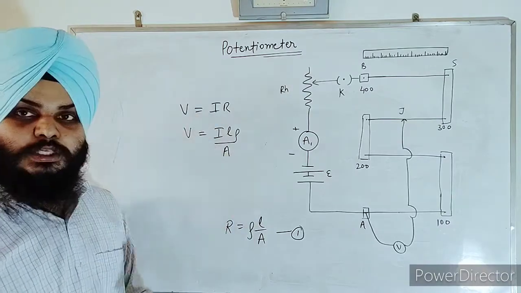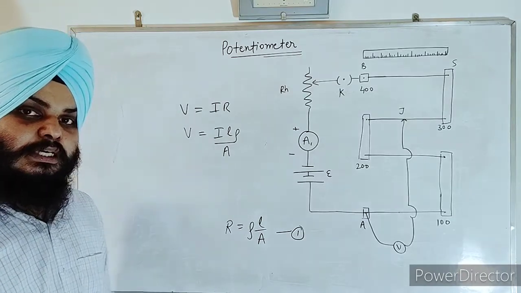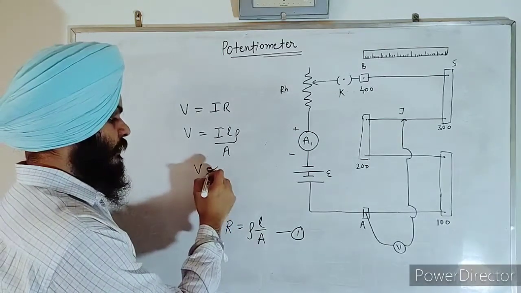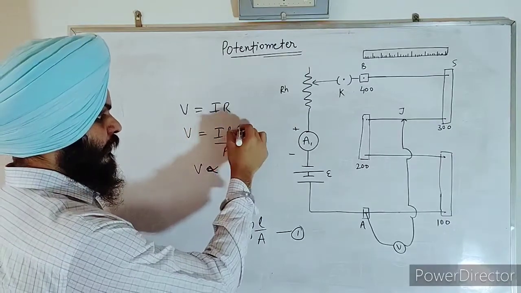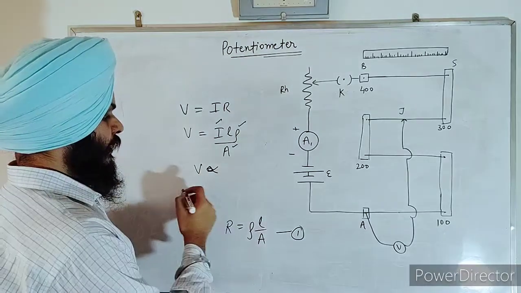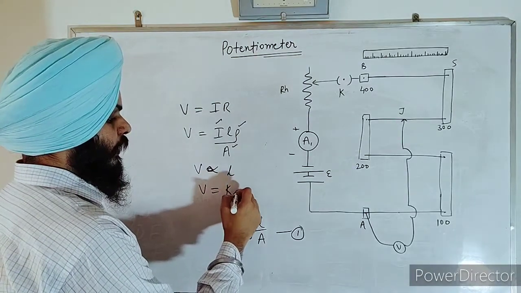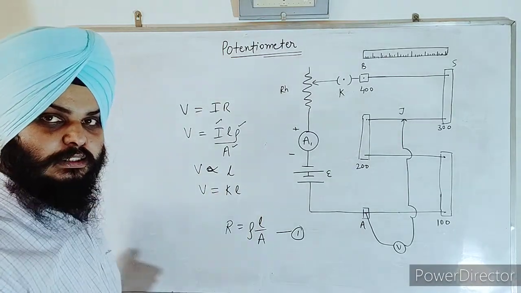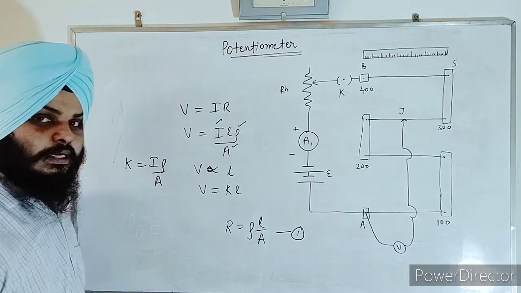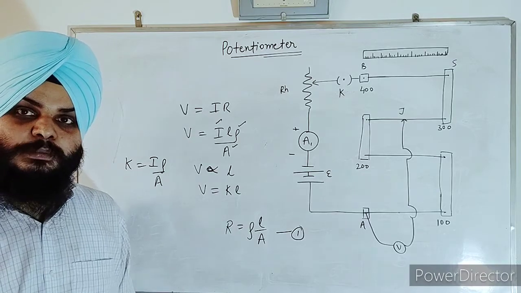By the use of a rheostat and this arrangement we have assumed that the current through the circuit remains the same, that is capital I. Therefore, taking capital I, rho and capital A as constants, we can readily say V is proportional to L, or we can write V is equal to capital K into L, where capital K is nothing but I rho upon A. This capital K is also termed as potentiometer constant